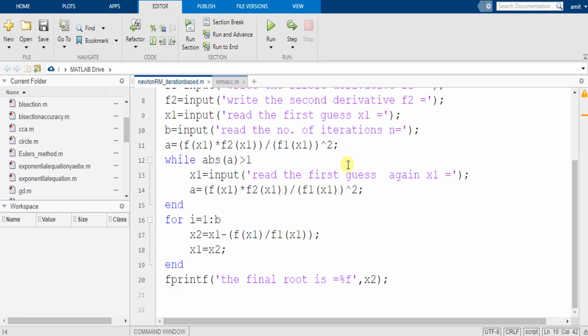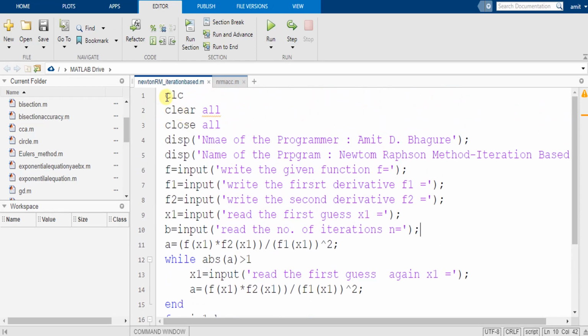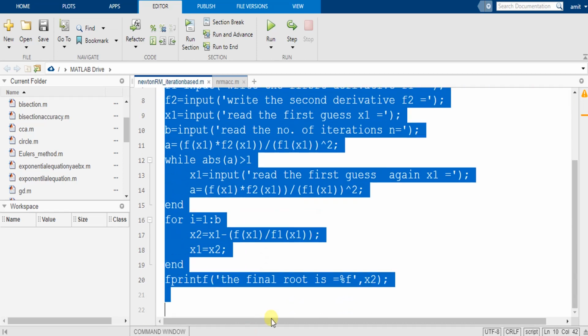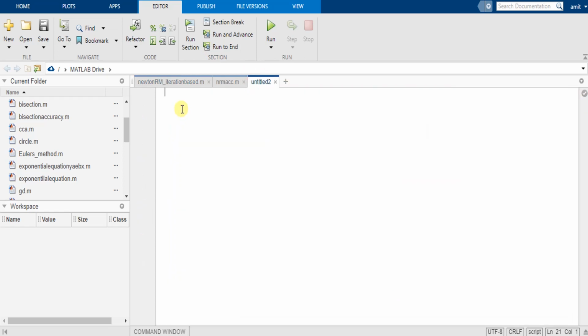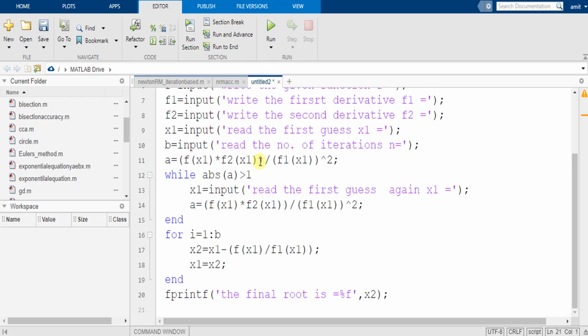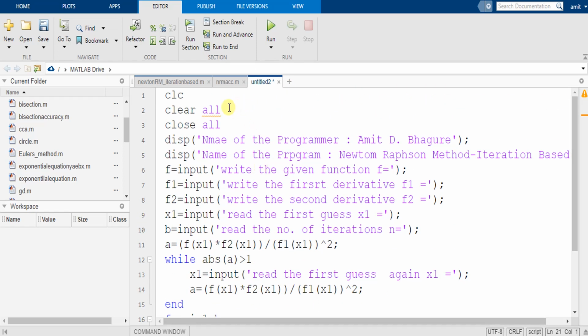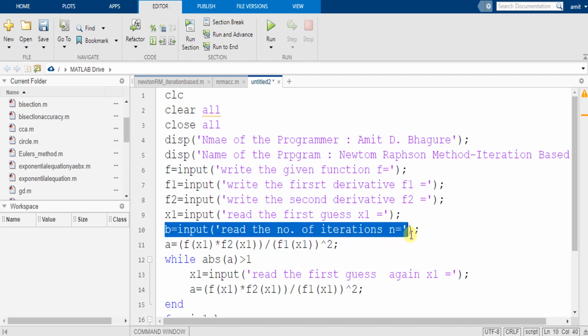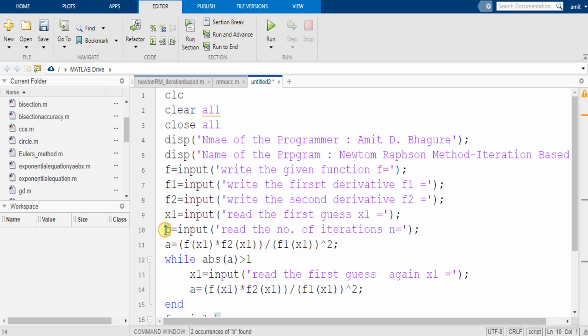Now we are going to write the MATLAB program for accuracy based. We have already written the program for iteration based, so I can copy the same program as it is and paste it in a new script. What changes do you have to make for the accuracy based criteria? The first change is here: instead of B, which is input read number of iterations, you can make this a comment and add the next line.